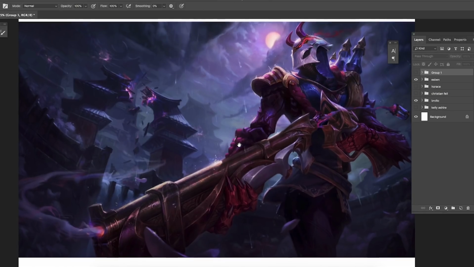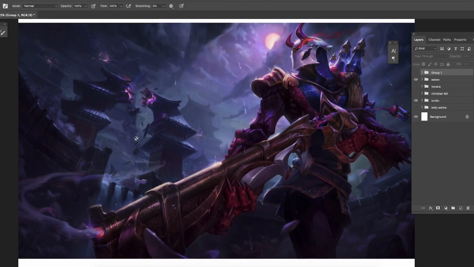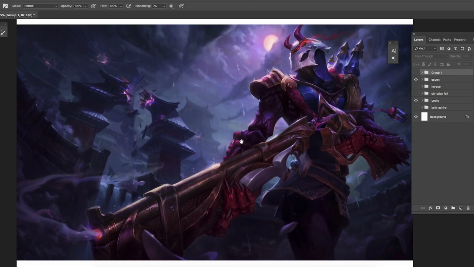So first off, we're going to start with this image from ESBEN. He's one of my favorite artists. He's really fantastic with his compositions, his images, his painting, the use of lighting in his work, the renderings. Oh, it's so good. So we have a character here. He just fired at the top of this temple. He destroyed it, and you can see right here